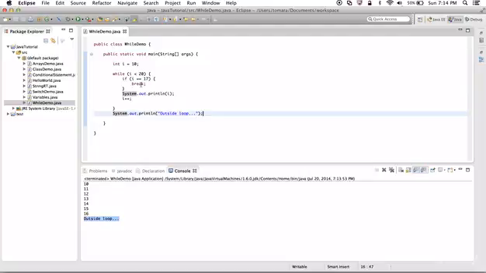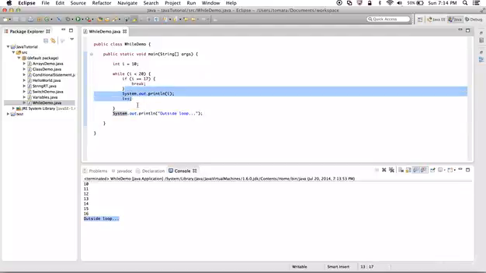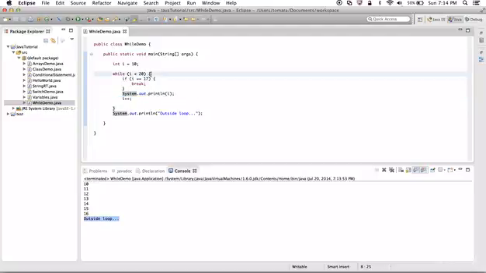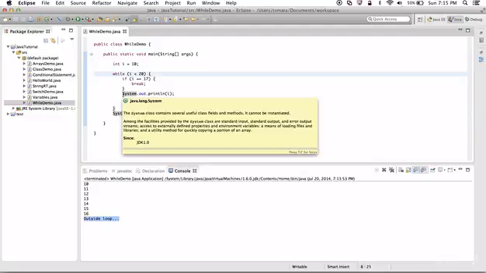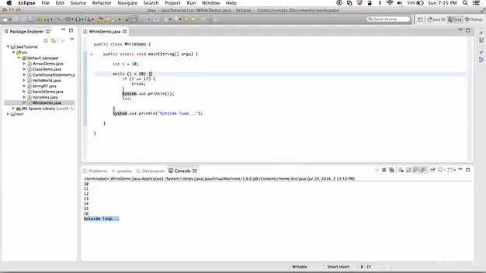What continue causes is it causes the loop to immediately jump out of the loop but again go to the next iteration. So continue will not go to this line right away. It will stop that iteration, the iteration of I equals to 17, and will not perform any code after continue statement and will again jump to this while loop statement and will again start the code block inside the loop. So if I do continue,